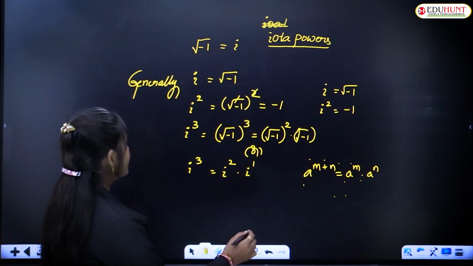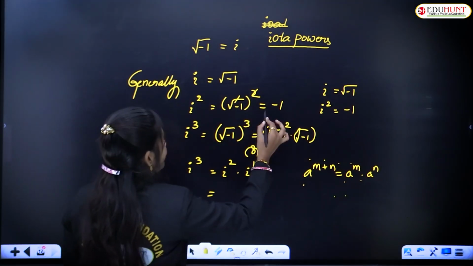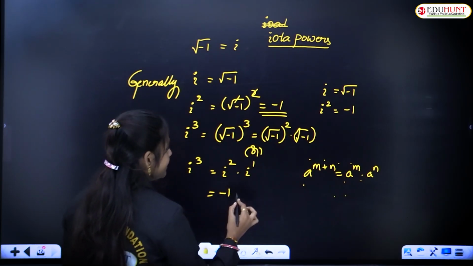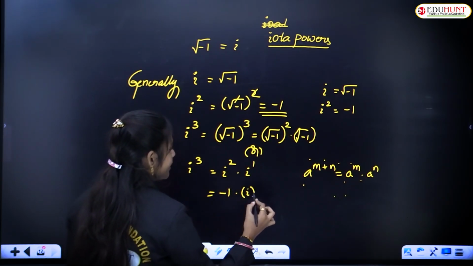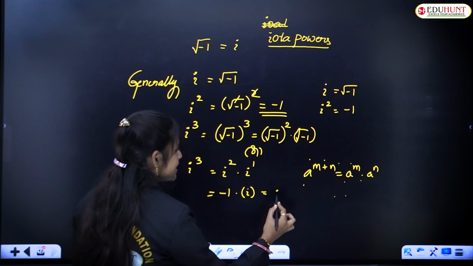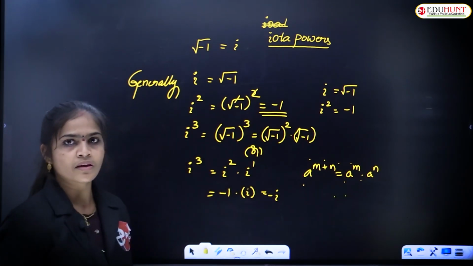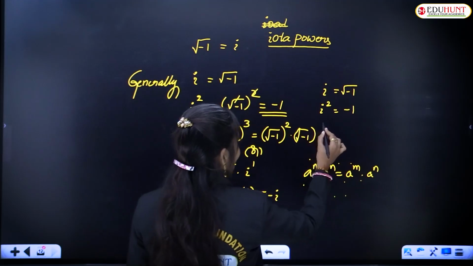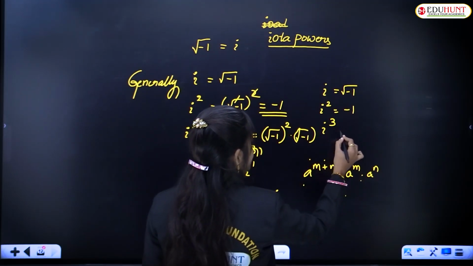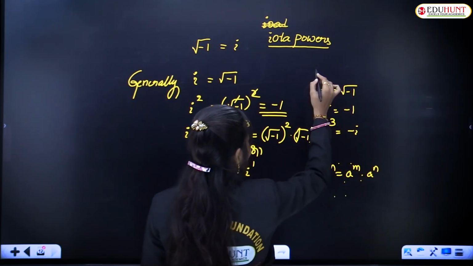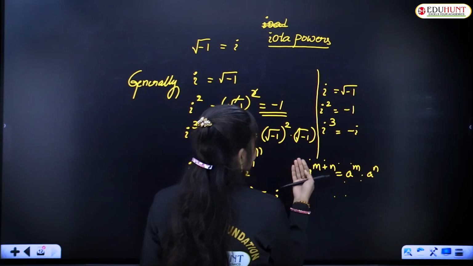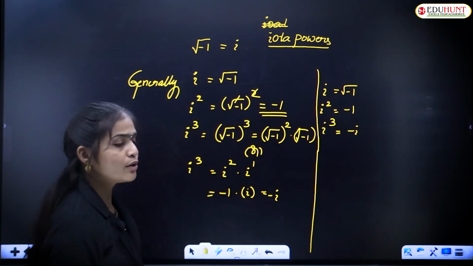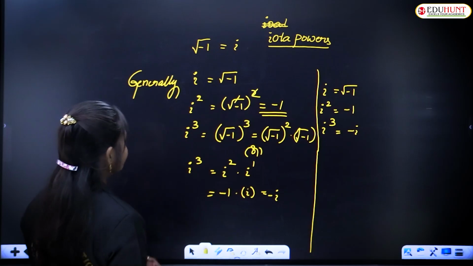Satisfied? See here, we already know the value of i squared. What is the value of i squared here? -1 into i, which is equal to -i. So here I am writing all the values. See here, i cubed is equal to -i. Next,